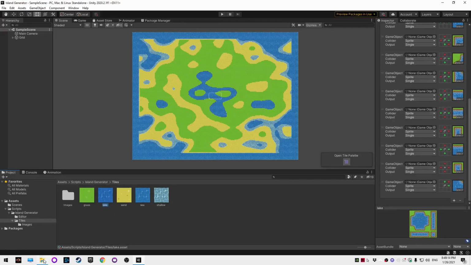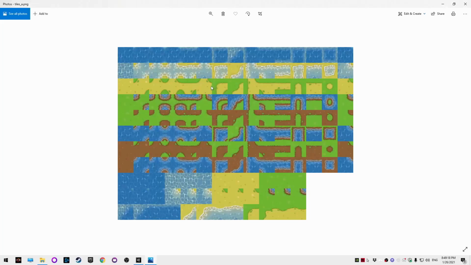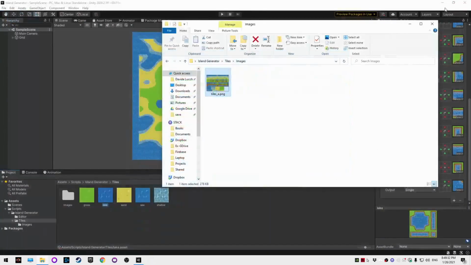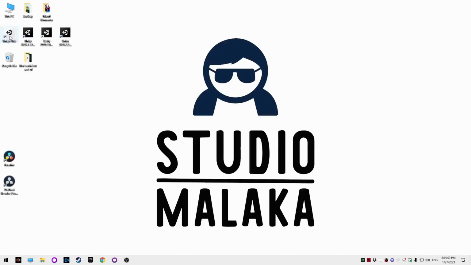In the example package, I grouped all of them in a single spreadsheet that looks like this. The upper part of the spreadsheet contains the layers of our island, one per row. The bottom part is for variants for the most common pieces, so that the island can look even more special. The package already contains each layer for different rule tile in their own assets. Let's start with the basics.